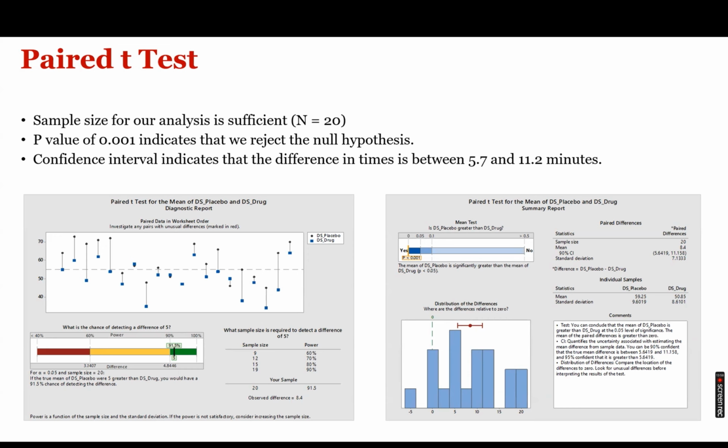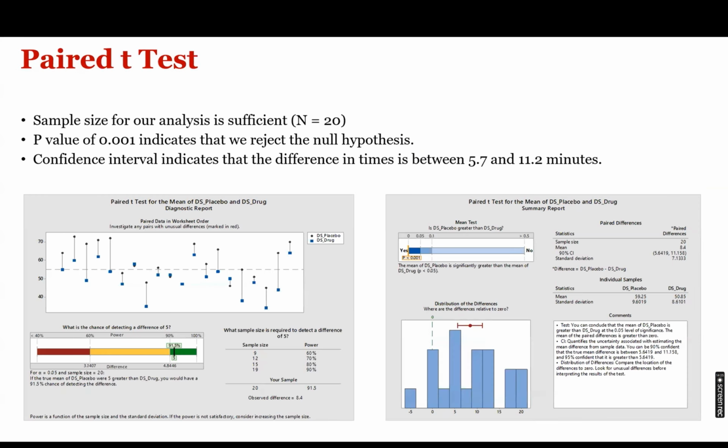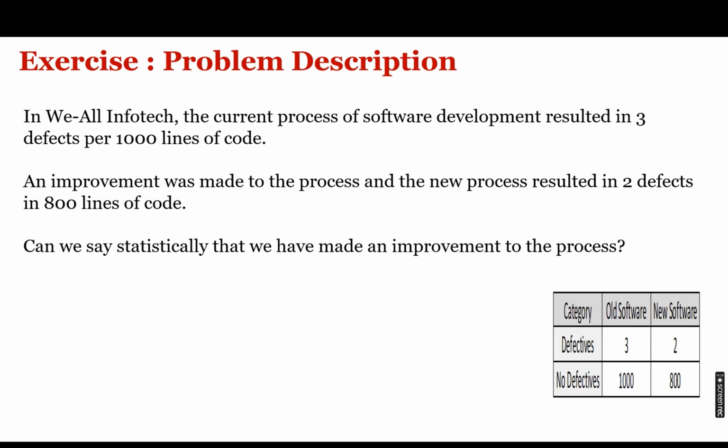Whatever process of hypothesis testing we do, the 6 steps which I laid down, we have to follow the same. And here, as I said, we are going through the Assistant menu, selecting Hypothesis Test. Then we will have 3 different panels. Now we are selecting the middle panel where two sets of data are compared to each other. I think this is quite self-explanatory.